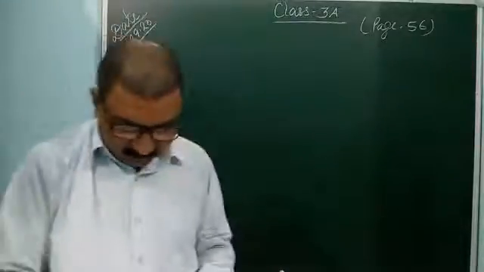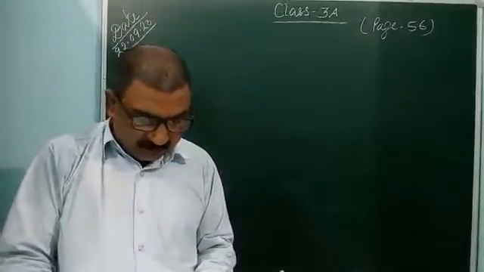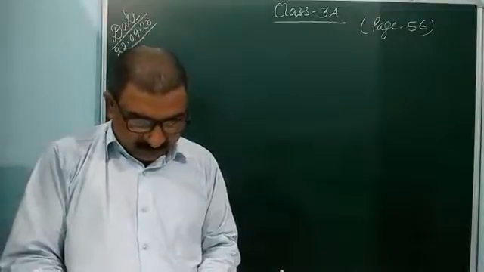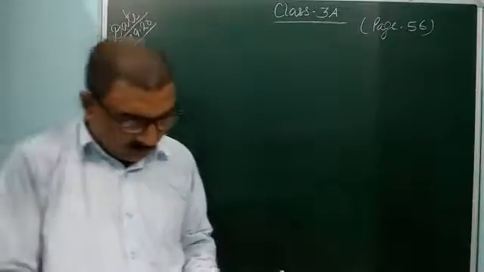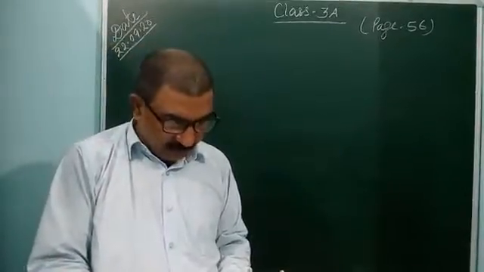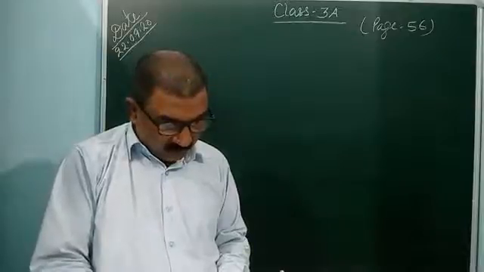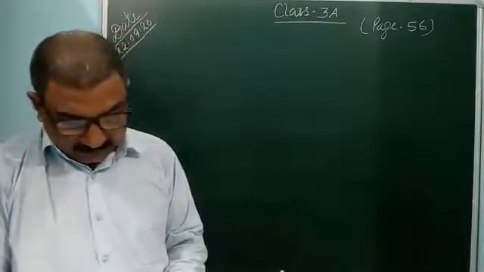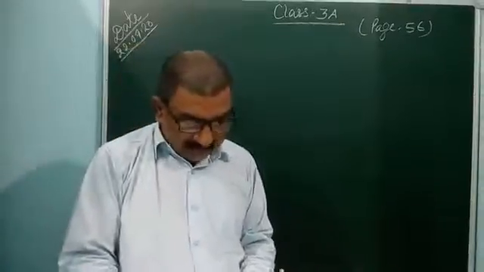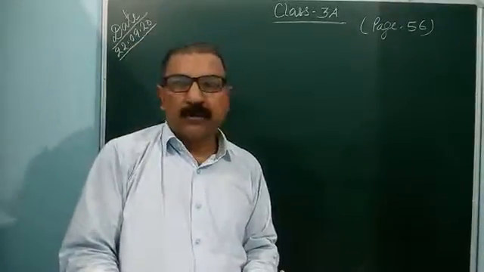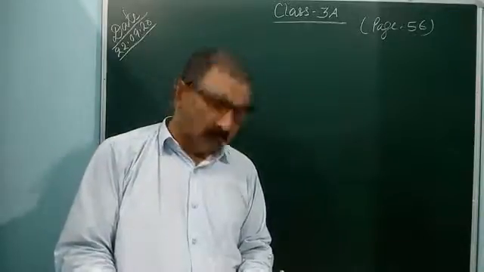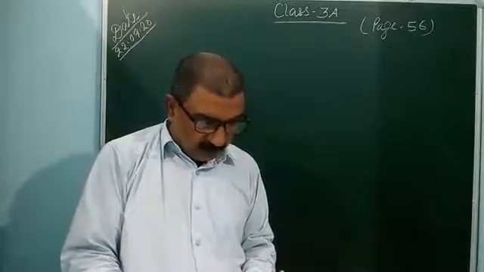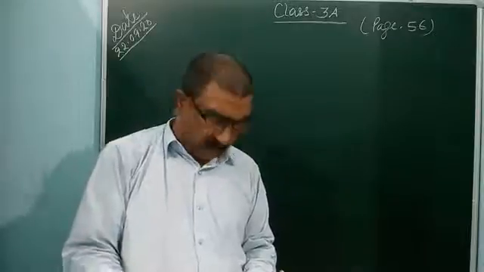Question number D. Ravi scored 9,735 points in 3 games. In the first game he scored 3,568 and in the second he scored 3,983. What was his score in the third game? So firstly you can add what he scored in the first game and the second game. After taking the addition, you can subtract from total points, 9,735.